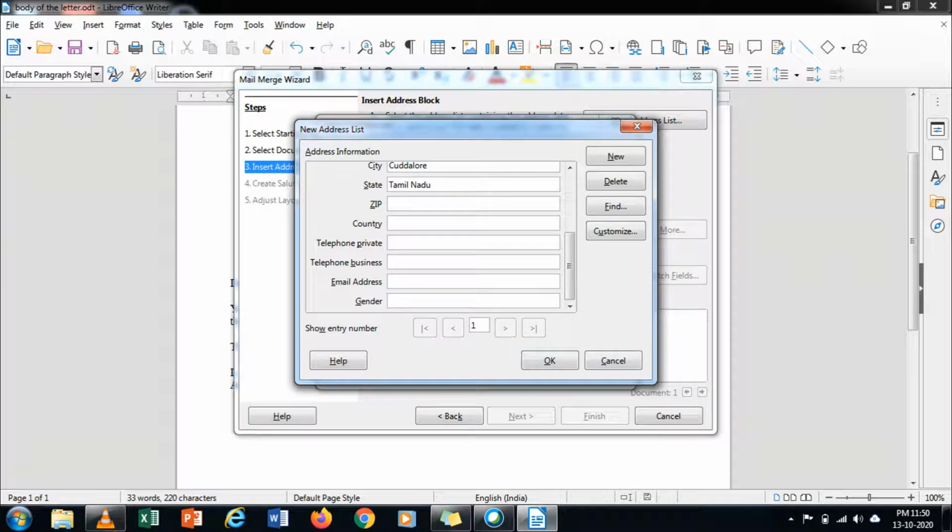Pin code it is asking, no? Pin code you have to type.